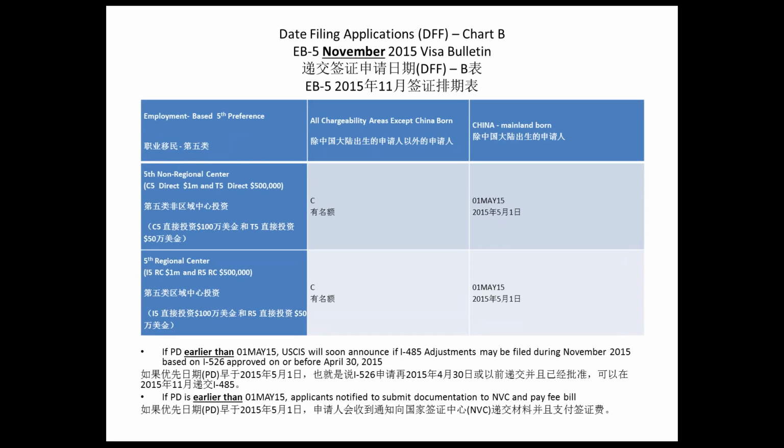So here we have November, the new chart for DFF, date for filing. 这是11月的那个新的表格 DFF 递交签证申请日期表格。No change from October. 跟10月的数据是一样的。The problem is we're waiting for immigration to make an announcement that we can use these dates to file adjustment, and we're going to have to wait another week for that. 但是现在可能我们还要再等1周的时间才能得到政府的回复，就是说我们是不是能在11月继续使用这个表递交485申请。